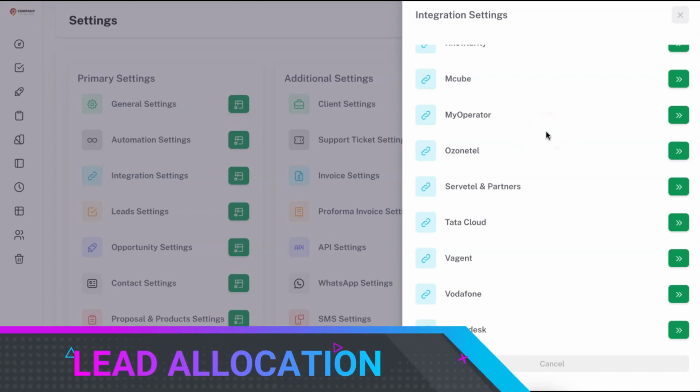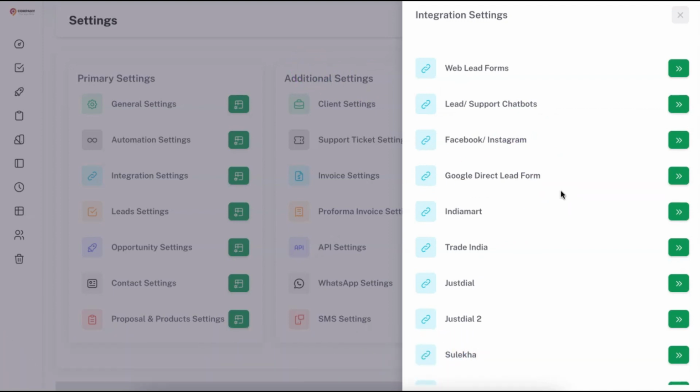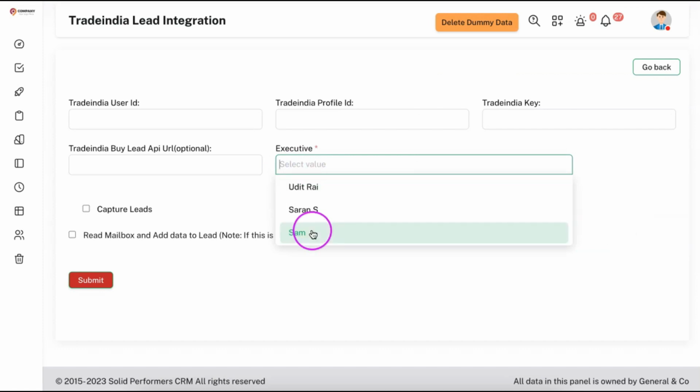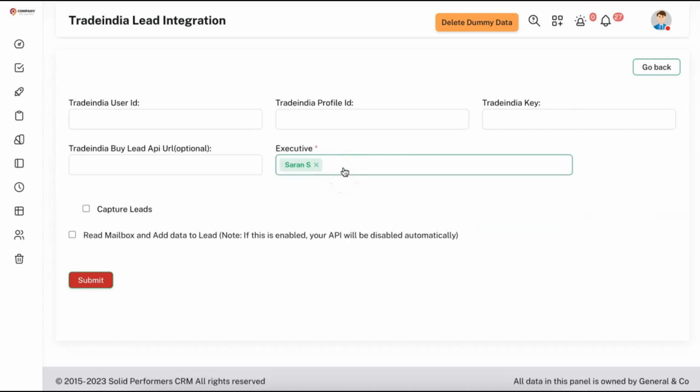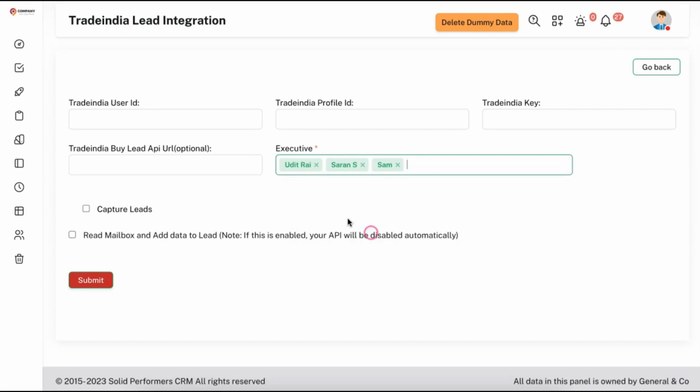Number 3, automated lead allocation. Whenever you are receiving a lead from any source, you can automatically allocate these leads to a particular executive. Let me show you an example. If you go to Trade India, here you can choose all the executives to whom these particular leads need to be assigned. So whenever a new lead is received from Trade India, it will get automatically allocated to these executives. In case you choose multiple executives, then the leads will get allocated to these executives on